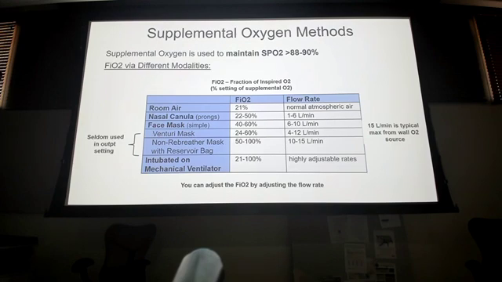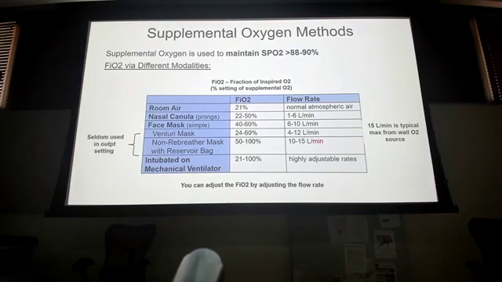As a general rule for these devices, every liter of oxygen that you add is going to increase the FiO2 by about 3 to 4%, right? So if I give 1 liter by nasal cannula, it's going to increase it 3 to 4%. 2 liters is going to be higher than that too. It also depends on that patient's respiratory demand. If they're breathing really fast, it may dilute a little bit. But we work our way up. So face mask, that's simple, right? It just has a tube coming up there and it's a mask that you put on their face. That's going to give you like 40 to 60%.